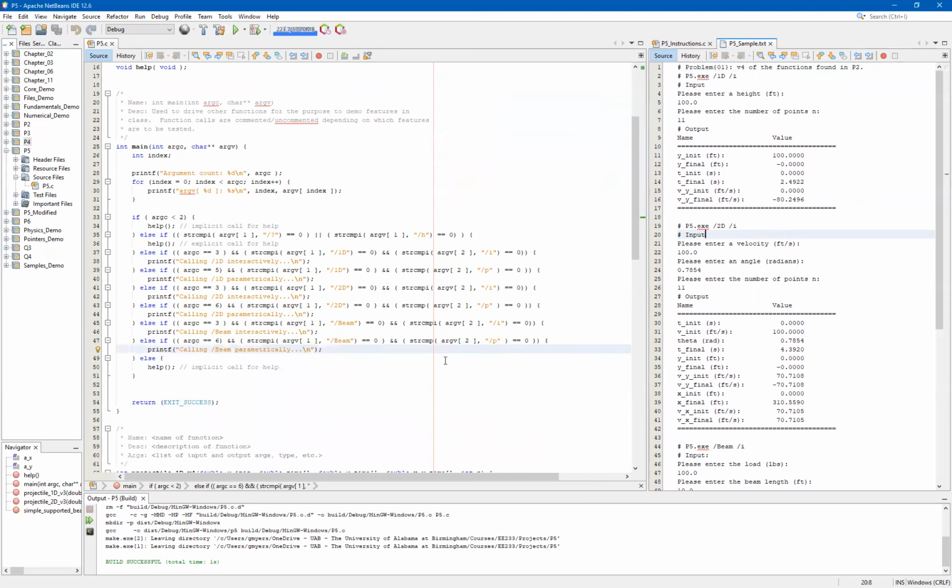You'll see here that I have my command line switches already triaged. We're going to start with the simplest ones, the /i's for /1d, /2d, and /beam. I say these are simpler because they'll use a combination of printfs and scanfs to prompt the user for the information that we then need to pass to our functions. This will help us get started on the arguments that we're going to need, as well as the variables that we're going to need to support our functions. And so for the